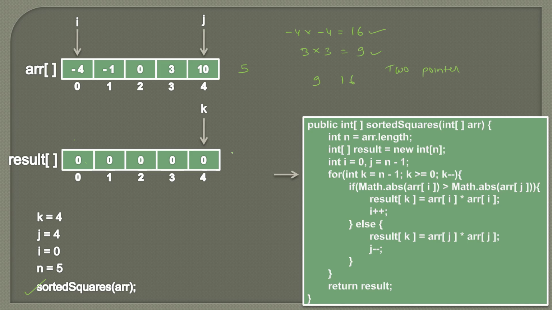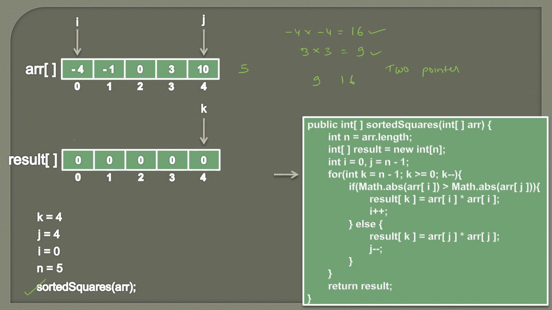Why are we doing it from the last? Because this is the extreme point where we are sure what value will come. For example, this array is sorted. So here will be the smallest number, which can be negative, and here will be the largest number. If we square both these numbers and compare them, we will get one value which is for sure greater than all the other squares, and we can simply put it here.